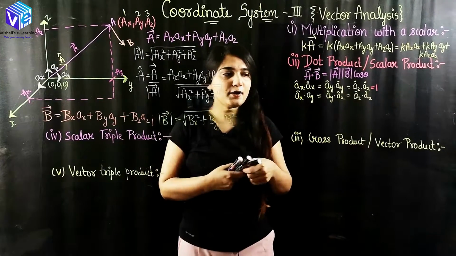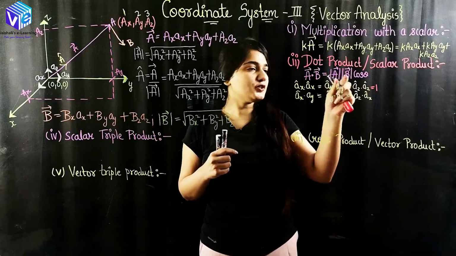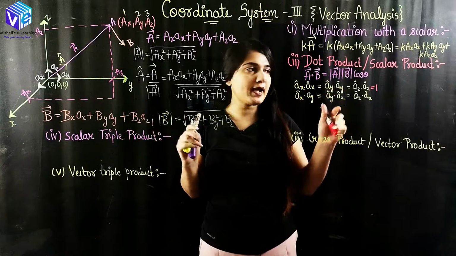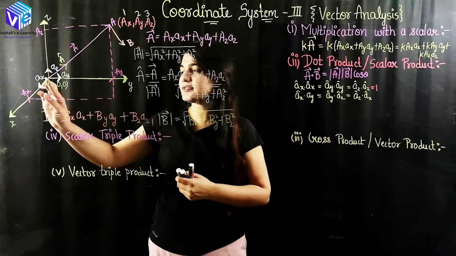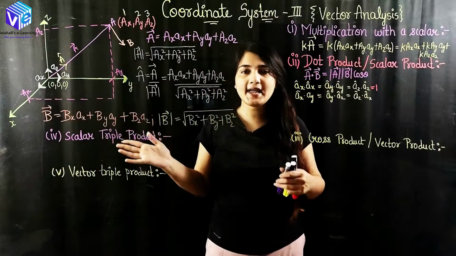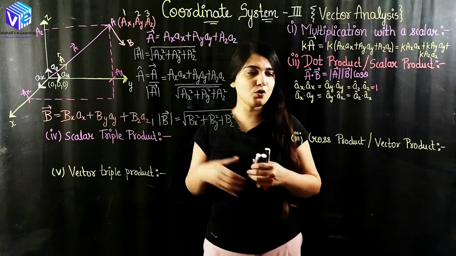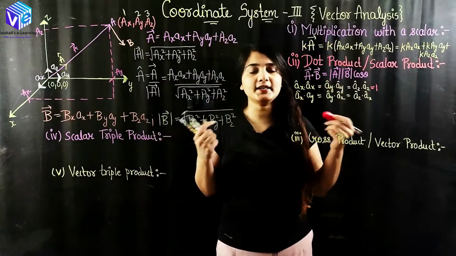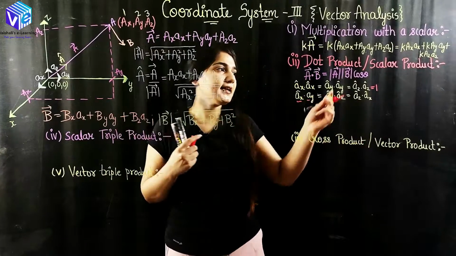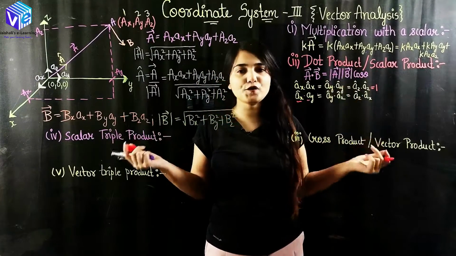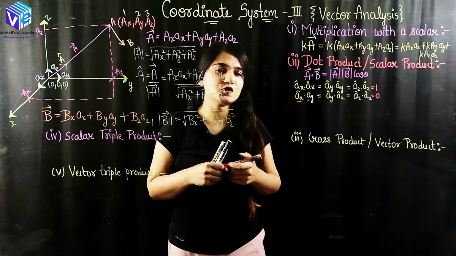So now let's find this out. The magnitude of ax as well as ay will be 1. So now I am not concerned about the magnitude. Again I have to see the cos of theta. Ax is on the x-axis, ay is on the y-axis. X and y are making a 90-degree angle, that we know. So here theta will be 90 degrees because ax and ay are making a 90-degree angle. So here I will have 1 into cos of 90. Cos of 90 is 0, so I can directly put it as 0.